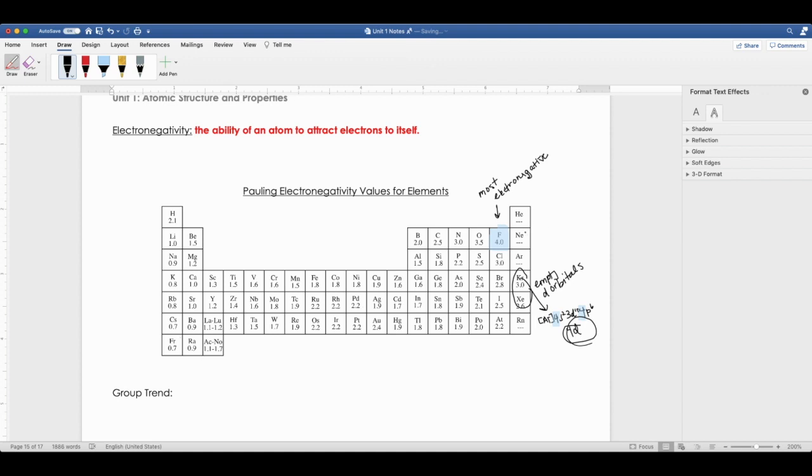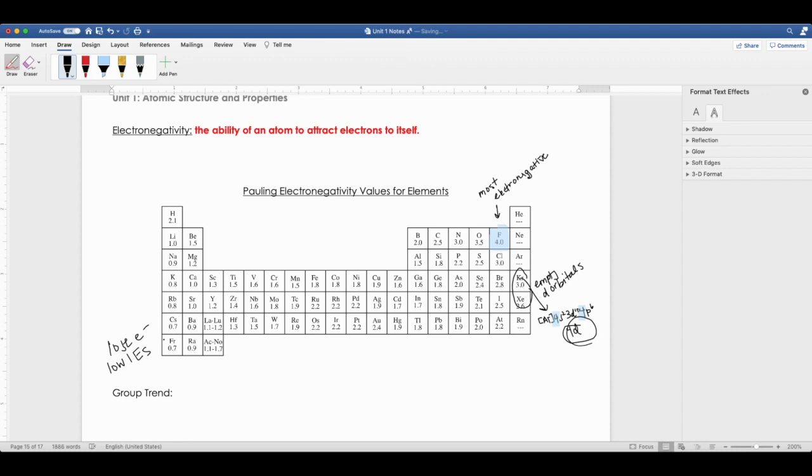The least electronegative elements other than your noble gases tend to be these alkali metals. These don't want to gain electrons. These would rather lose electrons. That's because they have one valence electron, one or two, and it's much easier for them to lose those two electrons or one electron. Like we talked about in ionization energy, they have very low ionization energies. So I'll write this down here as well. Very easy to remove those electrons